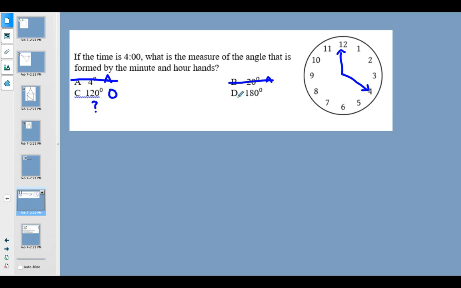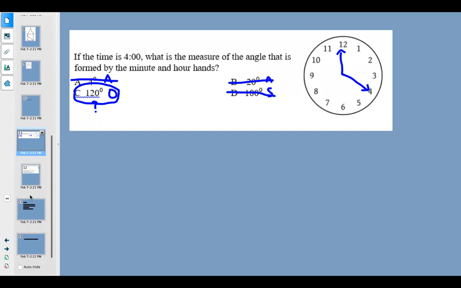And then if we take a look at D, it says 180 degrees, and that is a straight angle. That would be a straight line, like from 12 to 6. So that is not the correct answer, which means the only one that represents an obtuse angle is C. So this question that looked really hard, through process of elimination, we were able to figure out which one was